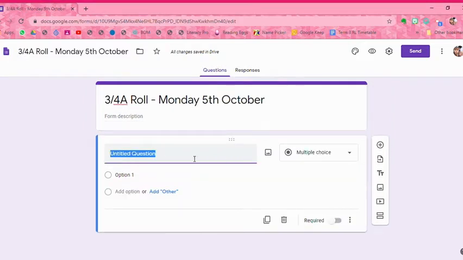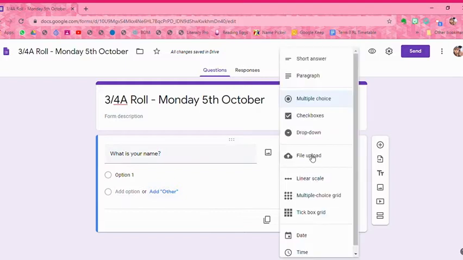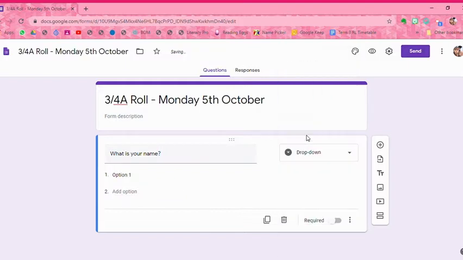So in this untitled question here, I'm going to write, what is your name? So the reason why I've chosen to not list this as a short answer question and instead I'm going to list it as a drop down is because I'm pretty particular about how kids format the writing of their name. So I'm just going to do it for them and they have to just simply choose it from a drop